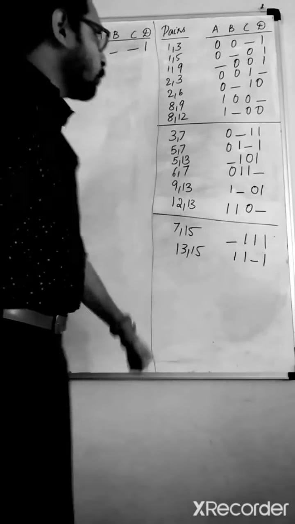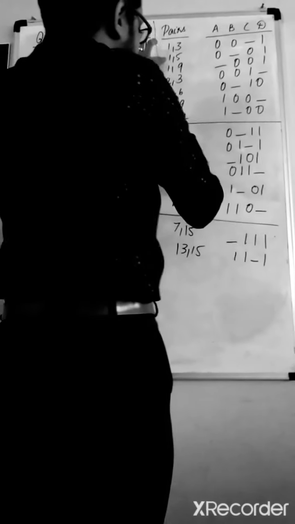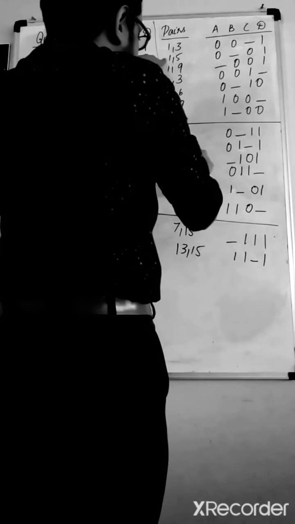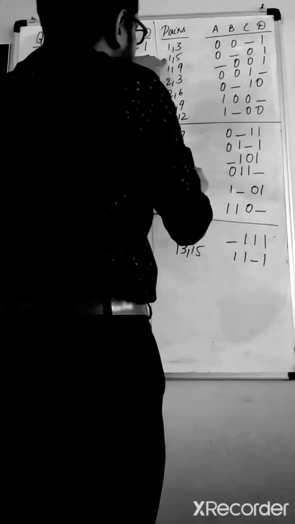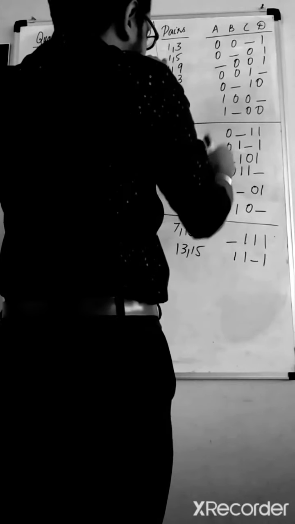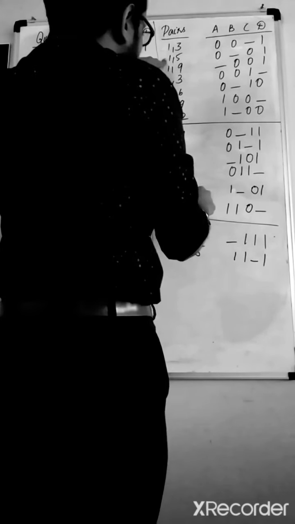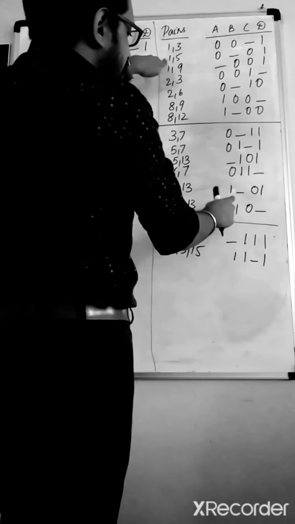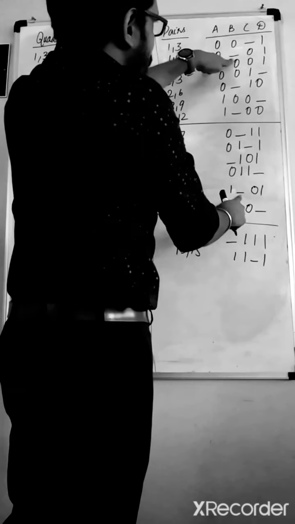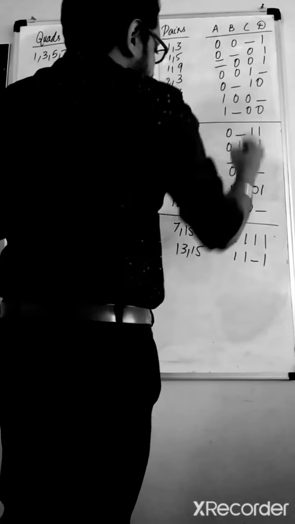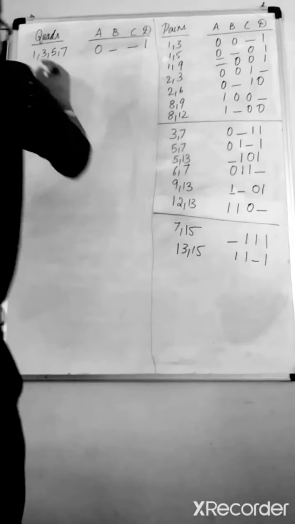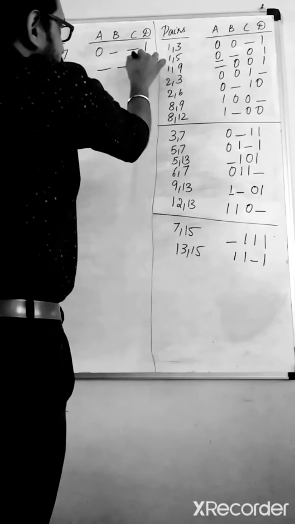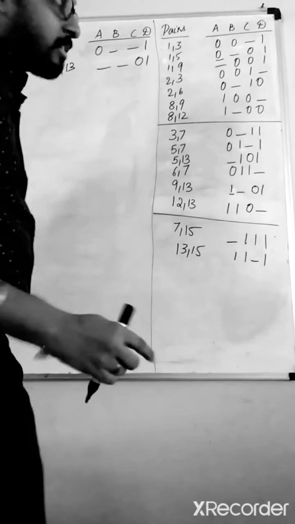So avoid that too. 1, 5 is compared with 5, 7. In such cases, as I told, 5 is repeating, so just avoid it. 1, 5, 5, 13 is not taken. 1, 5, 6, 7, position is not there. Next we go for 1, 5, 9, 13. Yeah, dash in the same position. Only one bit change, that is this case and this case. So we can write 1, 5, 9, 13 as dash dash 0, 1.